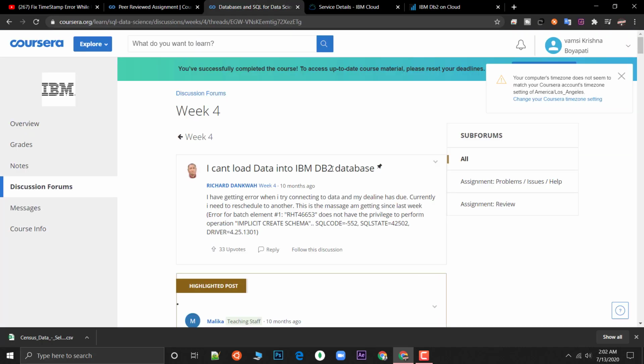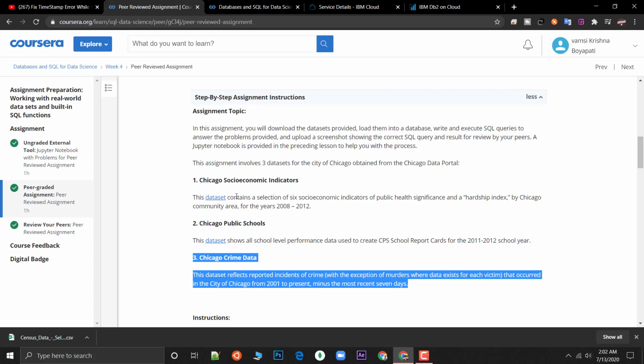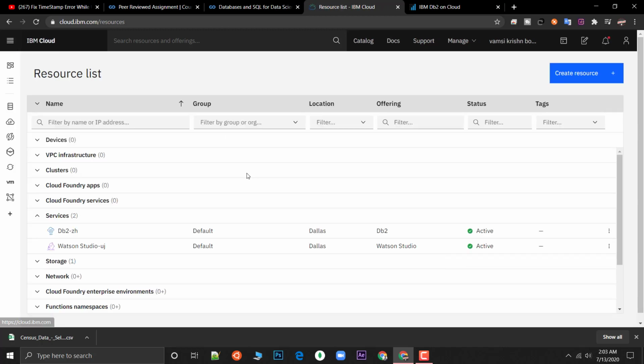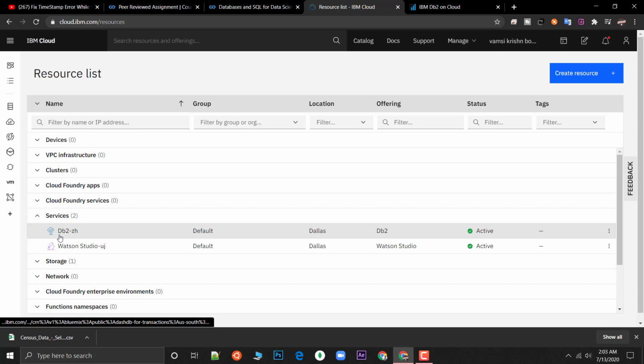So the first thing I did was download the dataset. Here I'm showing how you can upload a Coursera dataset for your assignment. The dataset is already downloaded. Now what you need to do is go to the resources list. I can show you from the start so that you guys can see. This is the dashboard where, in the services, you can easily get the DB2 cloud service.